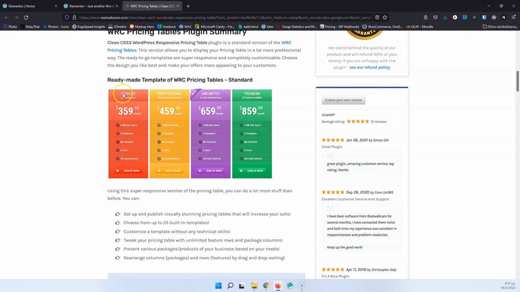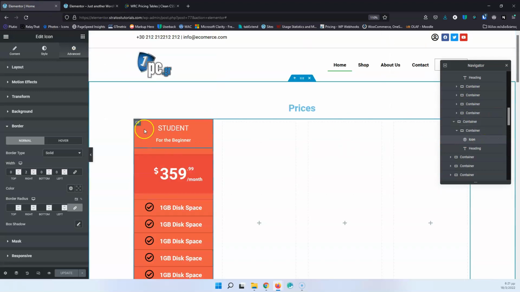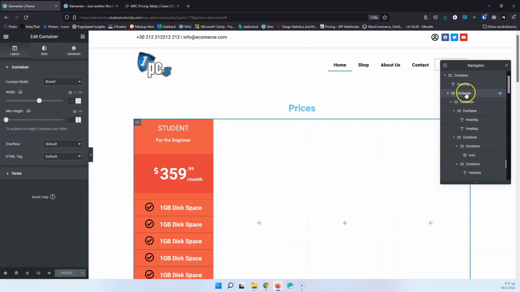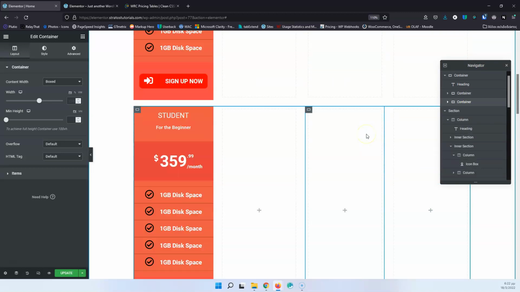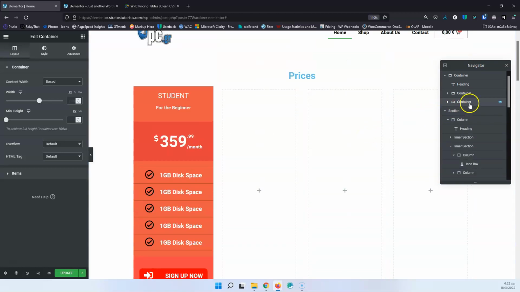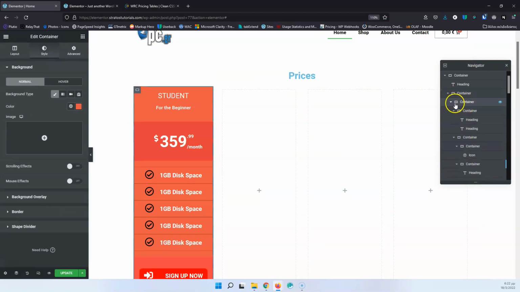But okay, I'm not going to, so I'm going to duplicate that 4 times in order to have those columns inside here. So let's go here and let's go to the first container. Let's check if it's this one. No, I think, yeah, this is the one. So I'm going to duplicate now. Let's close all of those things and let's duplicate that. Okay, and that didn't work. I duplicated the wrong thing. Let's delete that. Let's open that container and here is the one that I want. Okay, so let's go and duplicate,